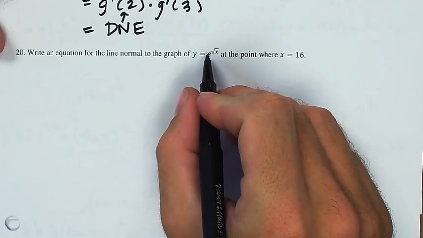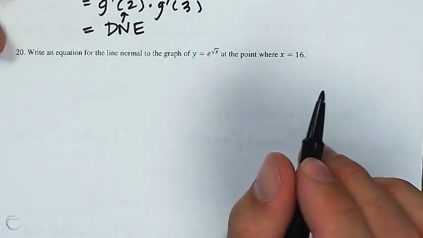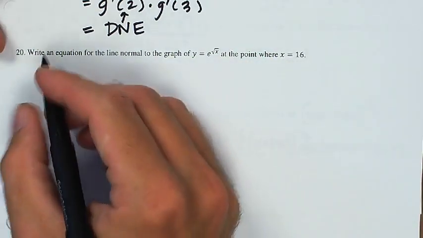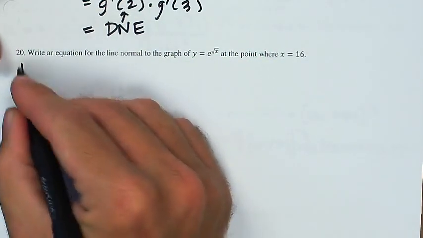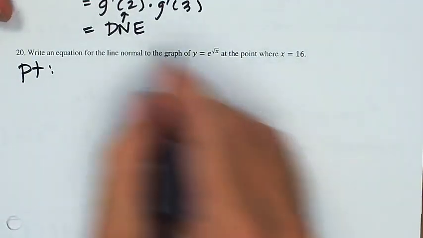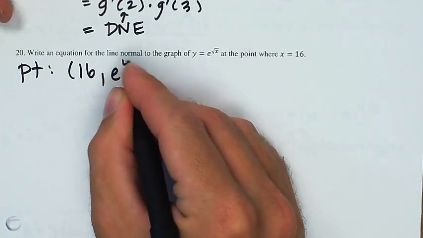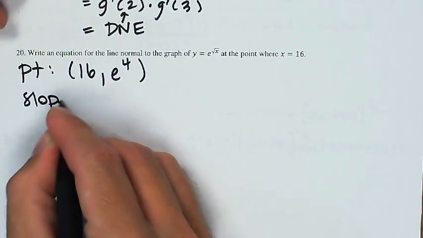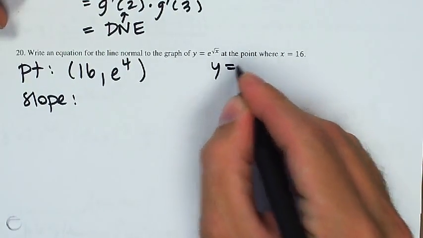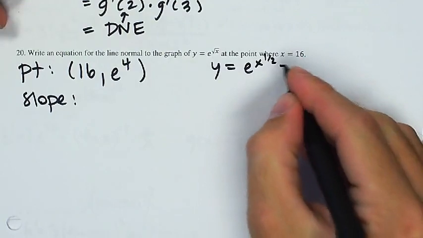All right. So write an equation for the line normal to the graph of y equals e to the square root x at the point where x equals 16. All right. I need a point. It's going to be x equals 16, y equals e to the square root of 16 is e to the 4. Okay, the slope, I'm going to rewrite this as y equals e to the x to the 1/2,